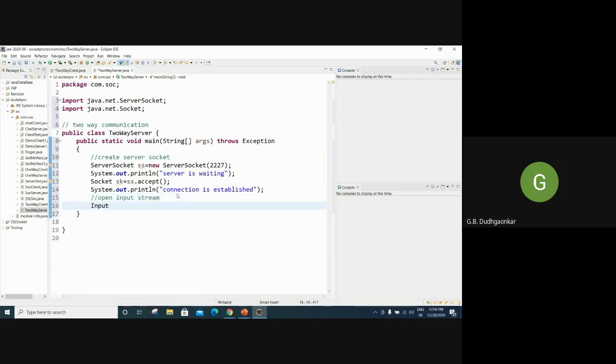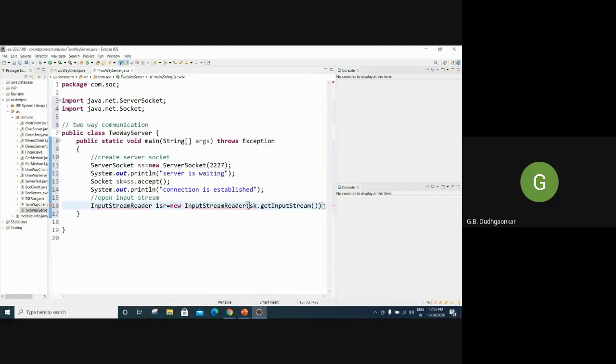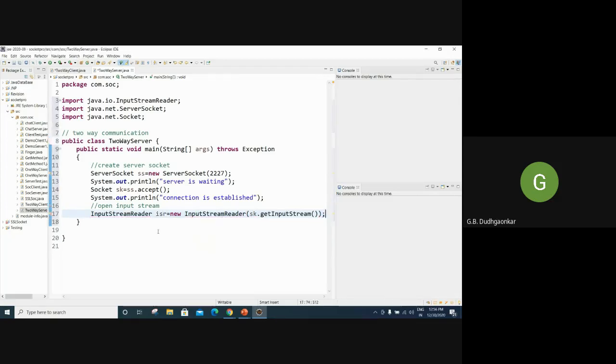Create again one more object, you can create any object, as I told you. So the InputStreamReader, in that constructor use getInputStream, then semicolon. Again we have to add the appropriate package for the input reader. Then we can create the BufferedReader.